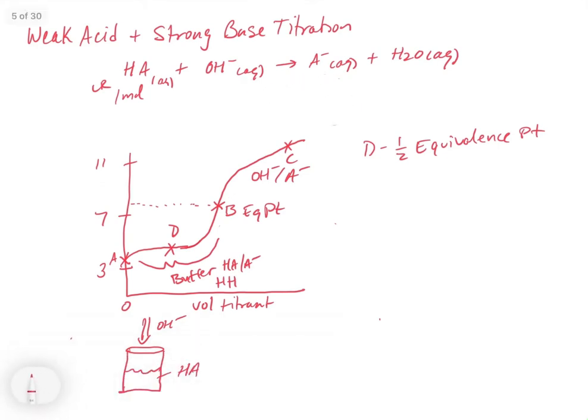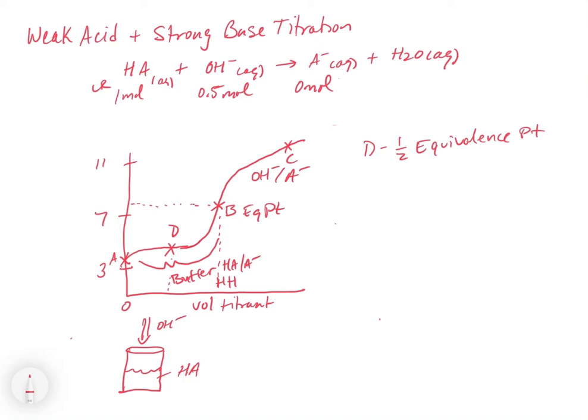Okay, so at the 1/2 equivalence point, that would be where I've added 1/2 of my number of moles of HA. So this would be 0.5 moles of the OH minus. So that's what I mean by 1/2 the equivalence point. We're 1/2 way to the equivalence point, which is where the moles of HA is equal to the moles of OH minus. So let's see what the significance of that is in terms of